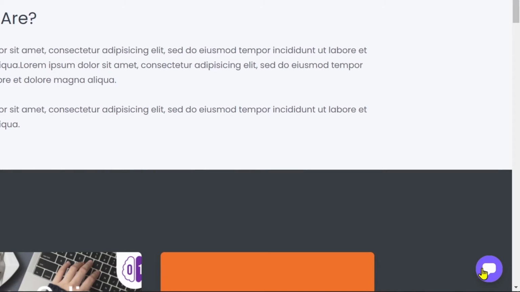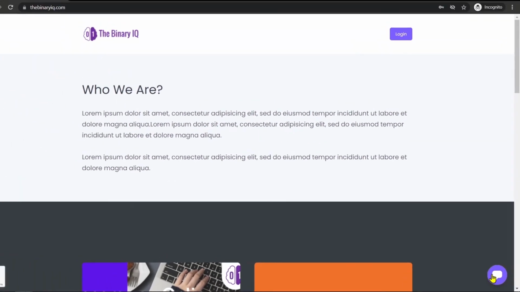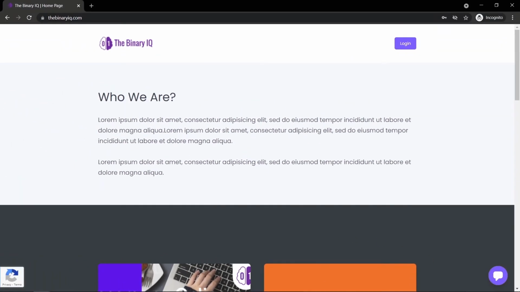Most of the other platforms offer this feature, but you have to pay extra. In this option, the live chat option is absolutely for free for any of the plans you choose. So let's see how it works. Now, I'll take you through the options of messaging in two ways.